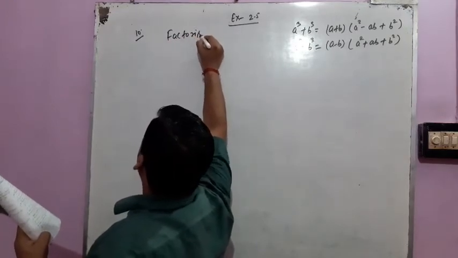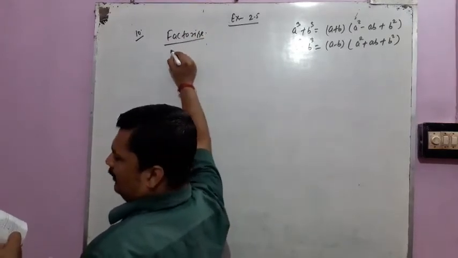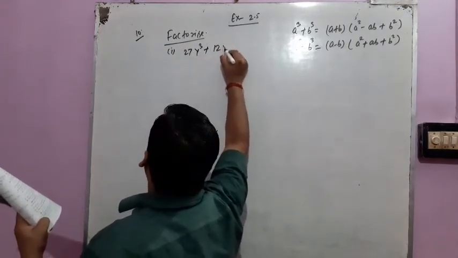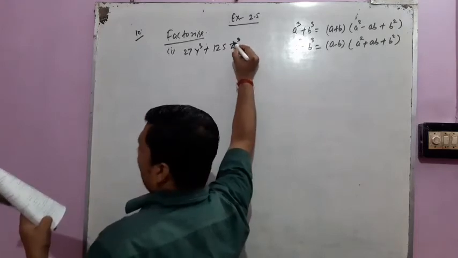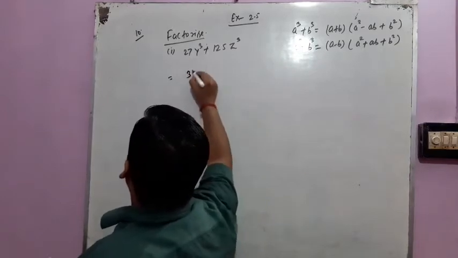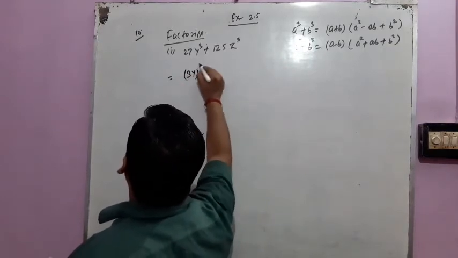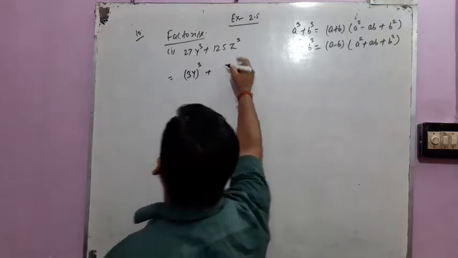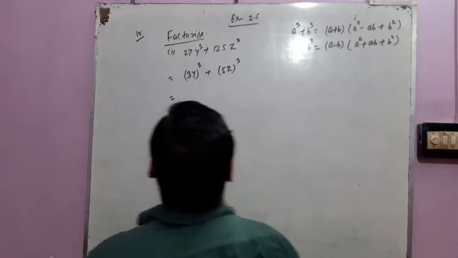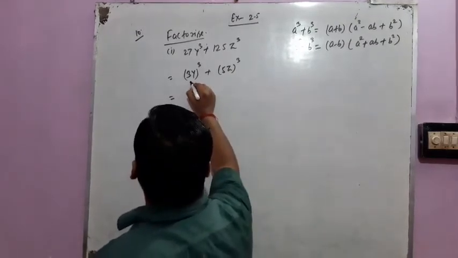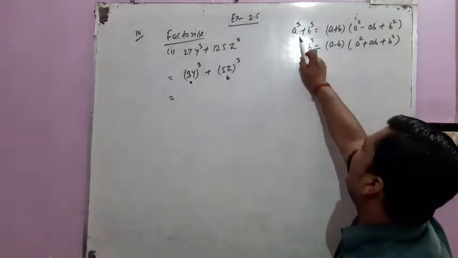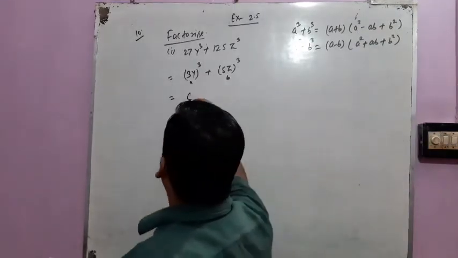In question number 10 the instruction is factorize, and the first question is 27y cube plus 125z cube. Okay, now first we write it in the form of cubes. So 27y cube we can write as 3y whole cube, and 125z cube we can write as the cube of 5z. Okay students, now let's consider 3y as a and 5z as b. Then in factorial order how we can write a cube plus b cube: a plus b